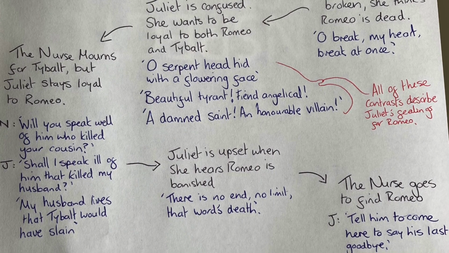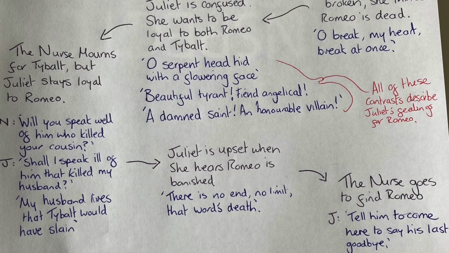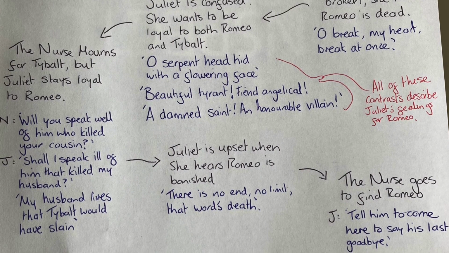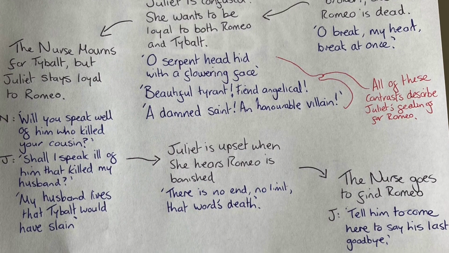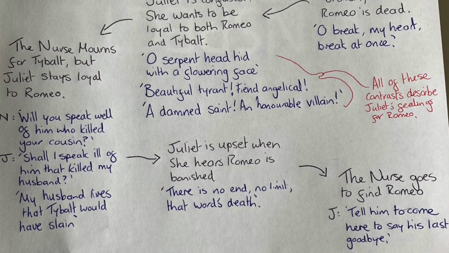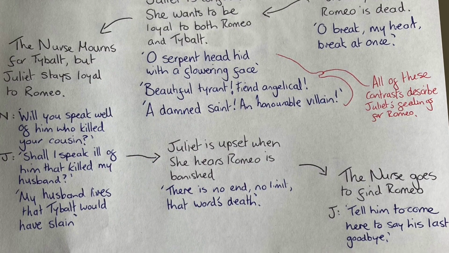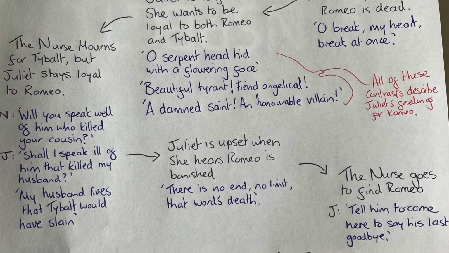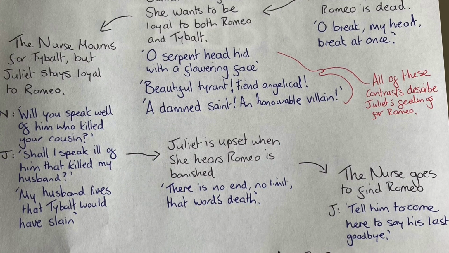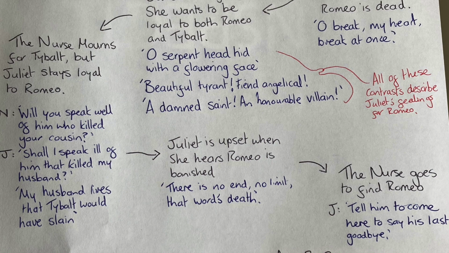She says, "There is no end, no limit. That word is death." So, much in the same way we will see Romeo reacting in the next scene, Juliet sees this punishment as even worse than if Romeo is to be executed. The fact there is no end or limit to his exile, the fact that she will never see him again. And the scene